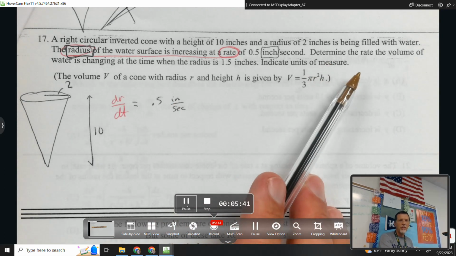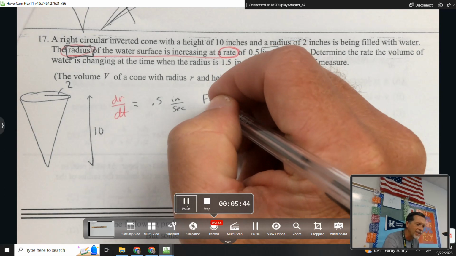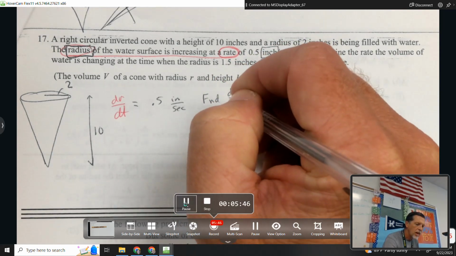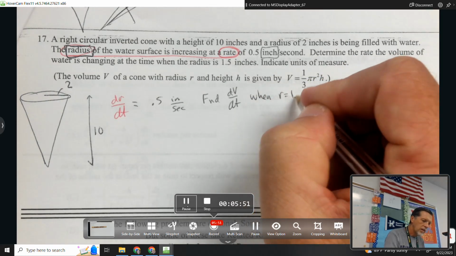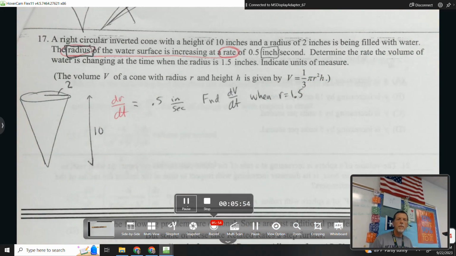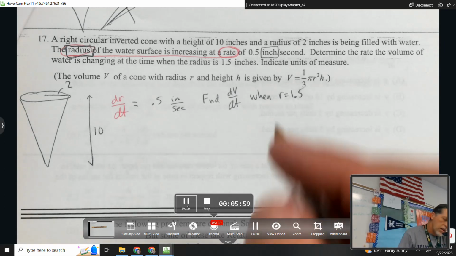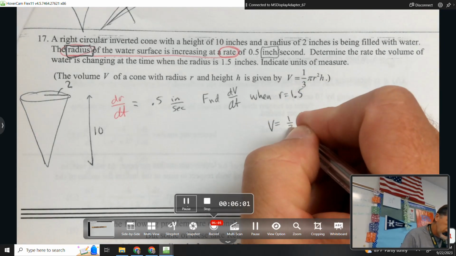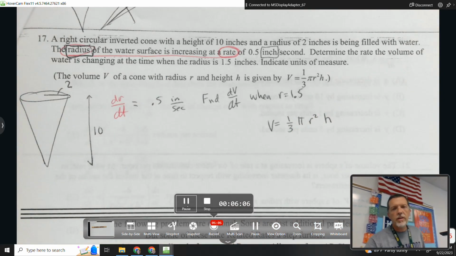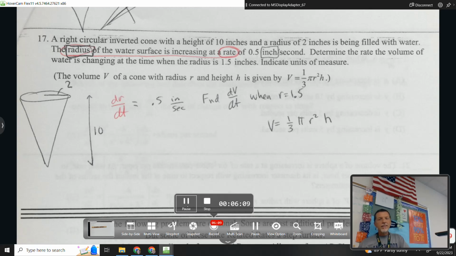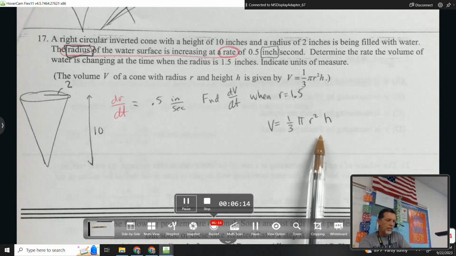Determine the rate the volume of the water is changing. So we're going to find dv dt when r is 1.5. Volume is 1/3 pi r squared h. I would like to take a derivative to get dv dt, but let's do some things first if we can. R and h,